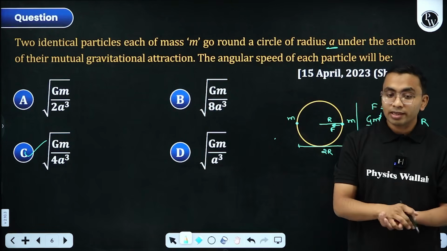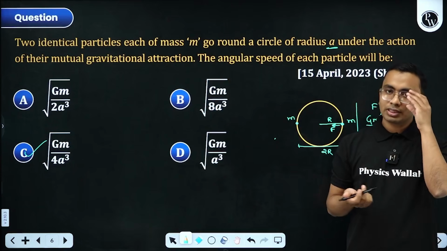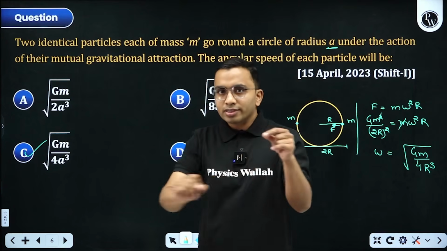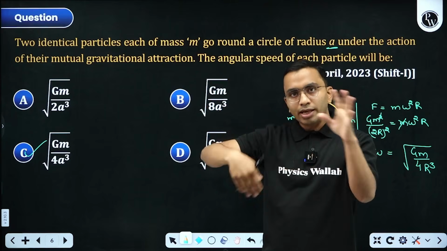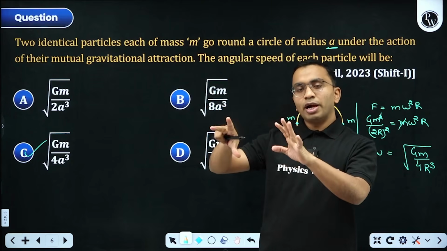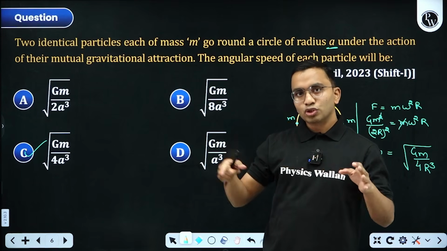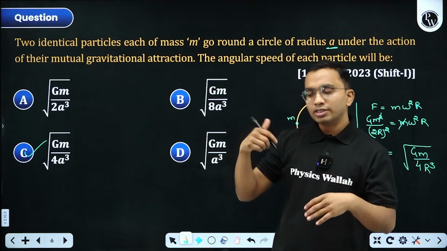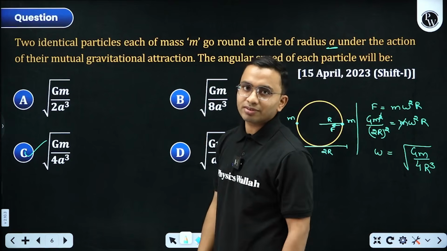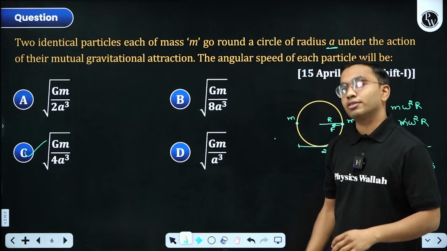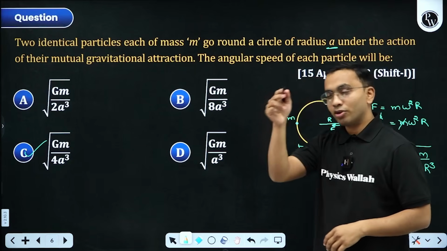They are moving in a circle. Multiple times these types of questions are asked, like three particles on the corners of an equilateral triangle moving in a circle due to mutual gravitational force, or four identical particles on the corners of a square moving in a circle. These types of questions are very much asked in mains. Very much, I am saying. That particular question, four identical particles on the corners of a square, has been asked four times.